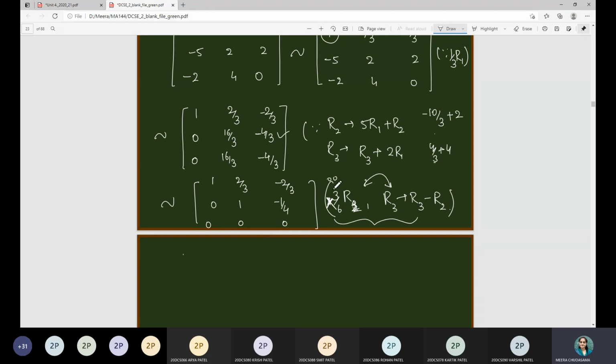But since I have written these 3 dots, it means it is a reason, which means it is applied on the previous matrix, not to this one. Okay, ma'am. So for the reason, that reason is applied in the previous matrix only, so it will not be affected by the order of the steps. Yes, ma'am. But if you write something other than the 3 dots alongside in the matrix, then it will be affected.